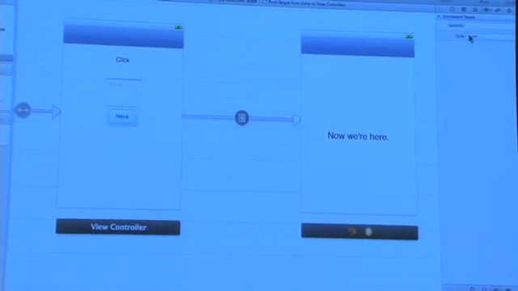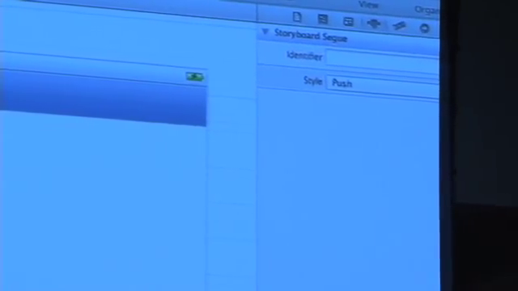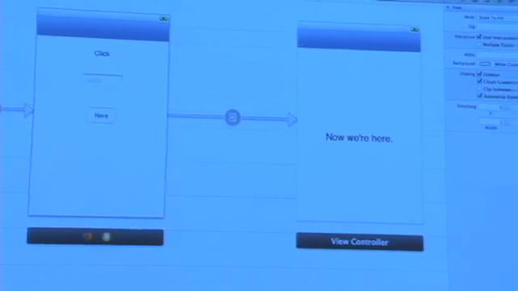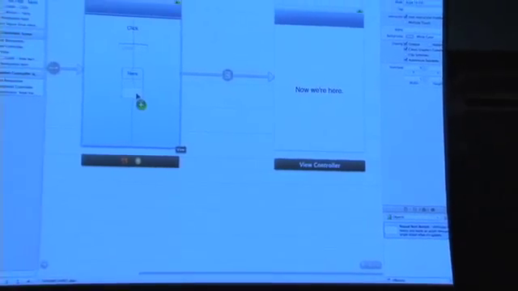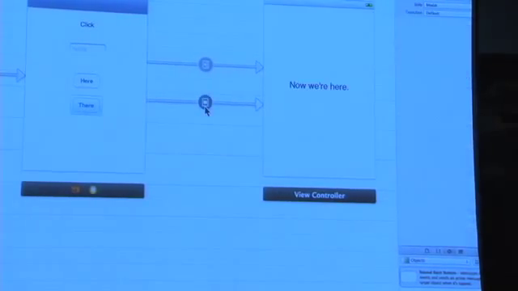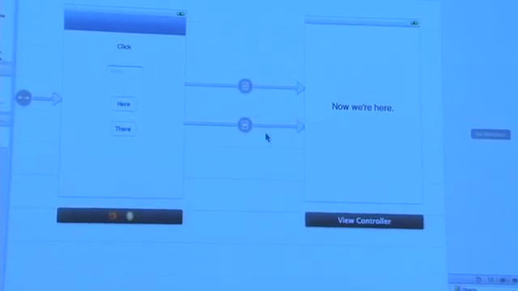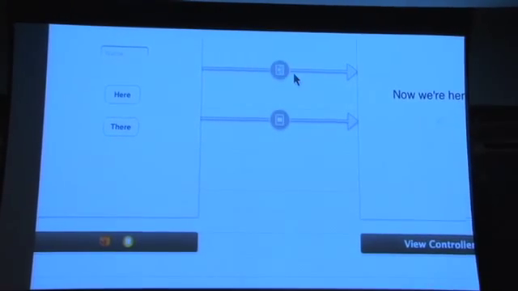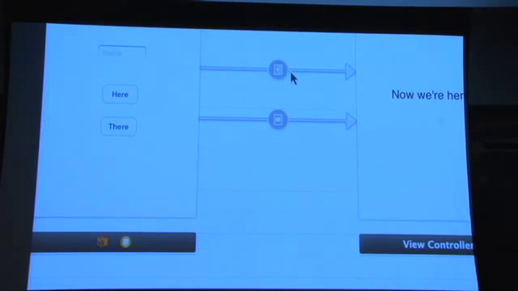And when you click on the segue itself, you can give it a specific identifier and choose what the style is. Like, for example, if we wanted to add a new button, we can also connect to here, and this time make it a modal. With modal, you'll notice there's a difference. I'm not sure if you can see that. With the two different types of segues, this is a push segue, which works with the nav controller. This is a modal or a pop-up